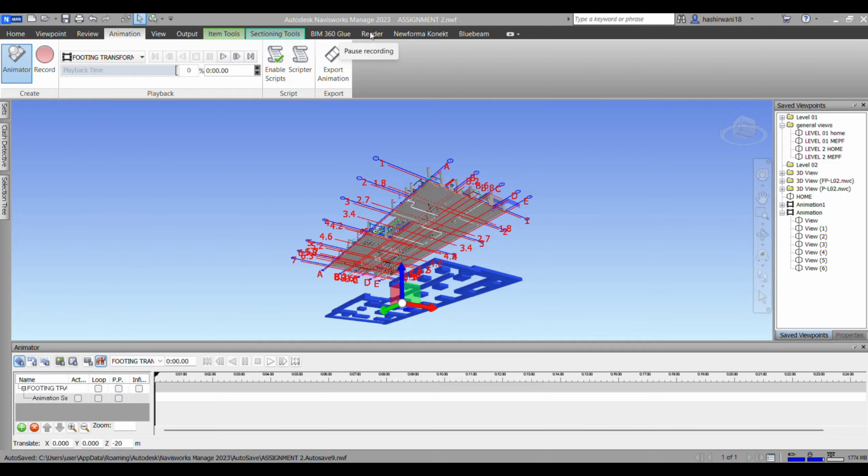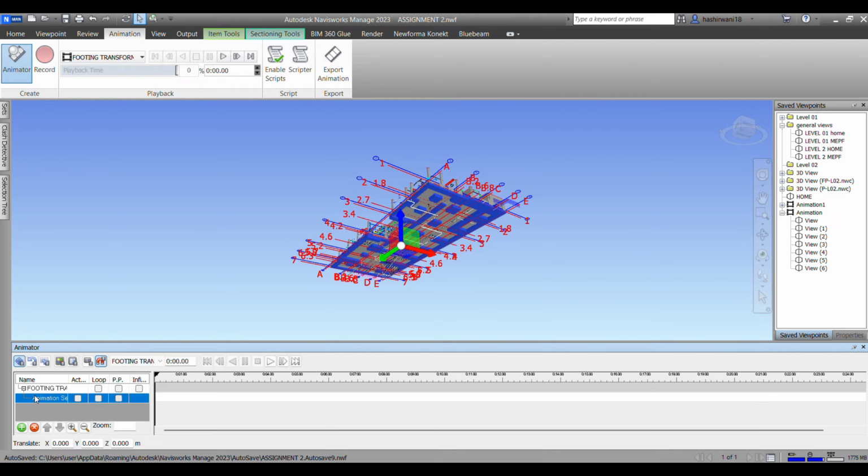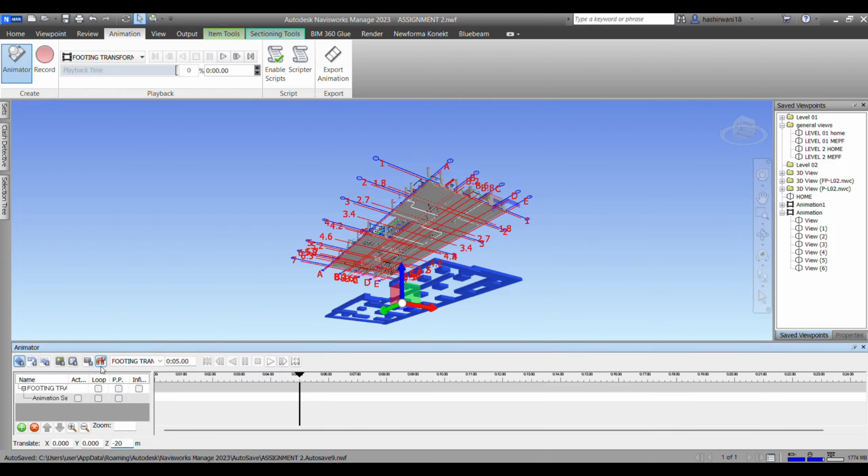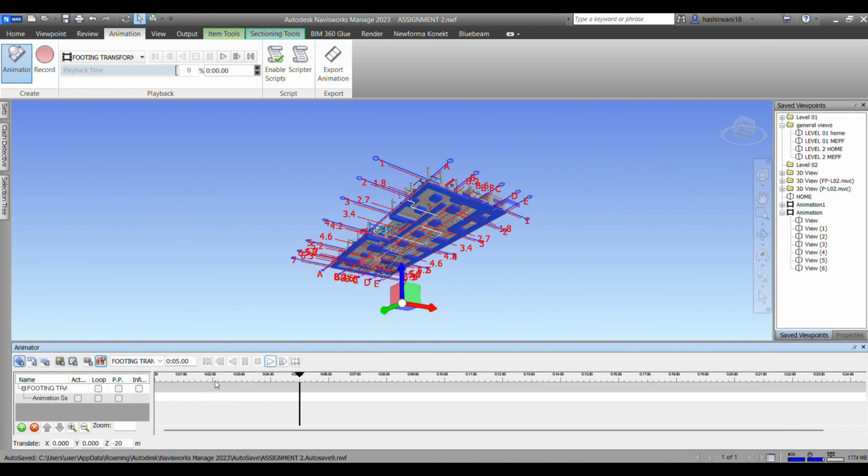So now after giving this transform, let's do this again because I think my keyframe has jumped. Okay, so I'll select this animation, snap the keyframe and then give 5 seconds here. I'll enter it. You see now my cursor has been moved. What I will give now is minus 20 here, and then I'll enter, and now I'll toggle this snap frame here, and go here. If I play this now,